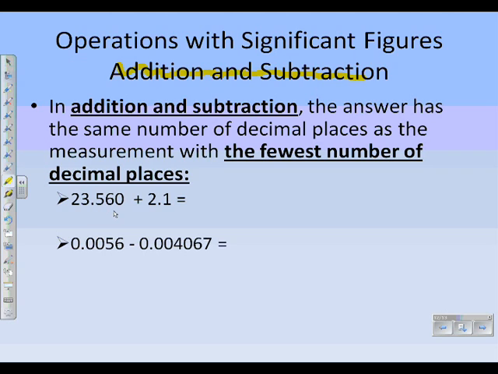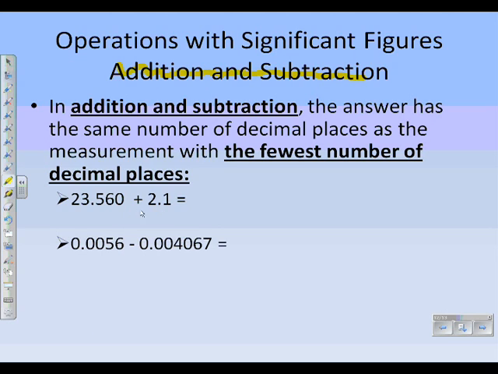23.560 has 3 places after the decimal. 2.1 has 1 place after the decimal. When we are adding and subtracting, fewest number of decimal places. Our answer has to contain the same number of decimal places as the original measurement with the fewest number. So when we add these two numbers together, we should end up with an answer with 1 place after the decimal. Subtraction problem,